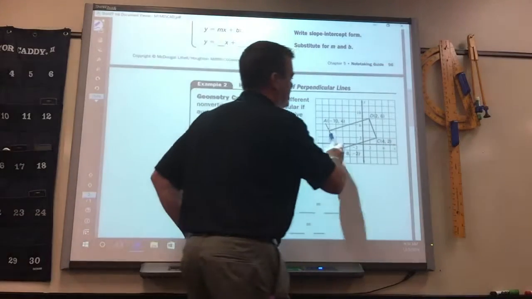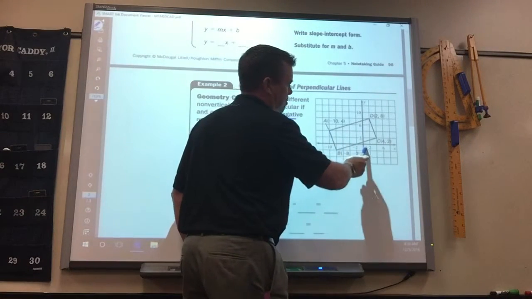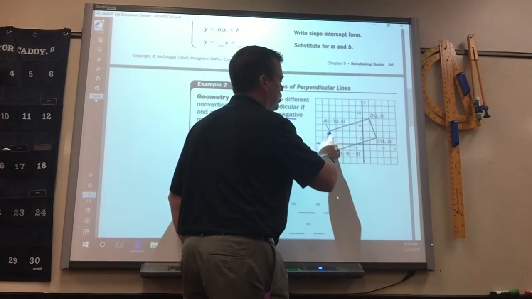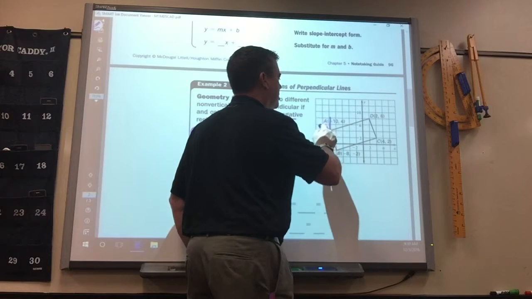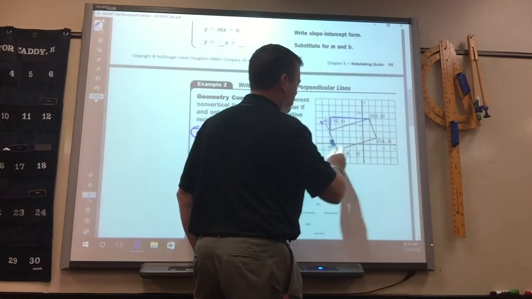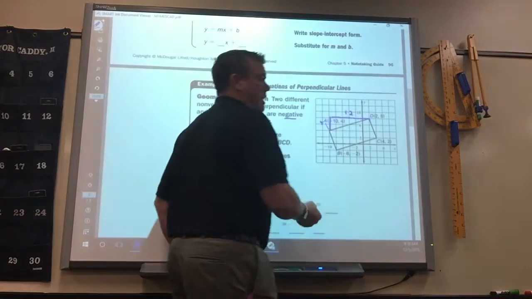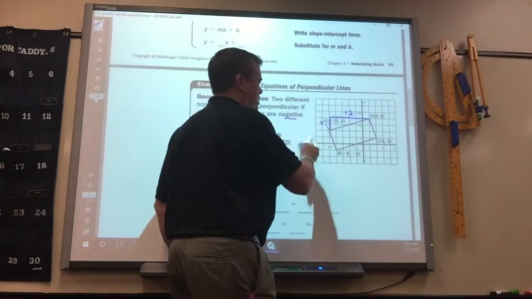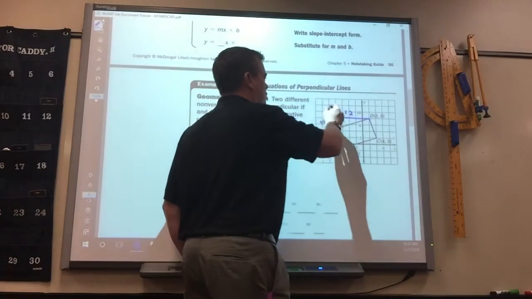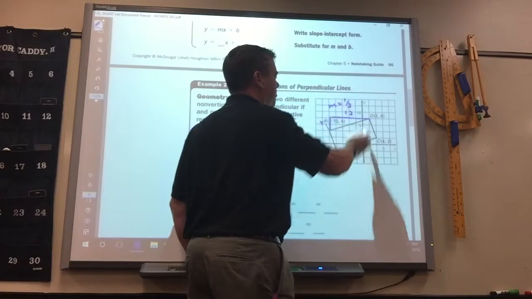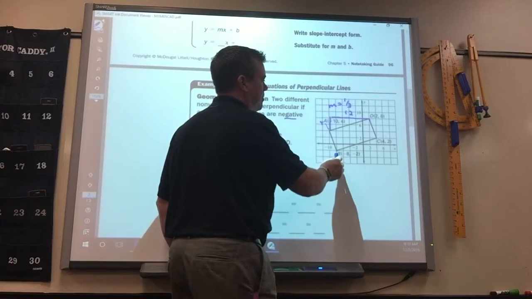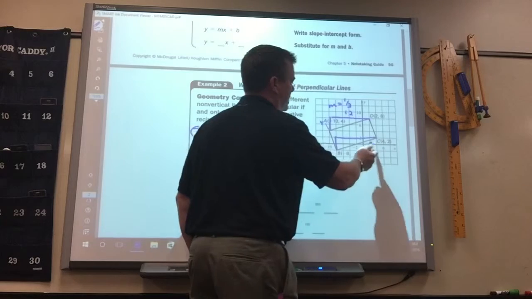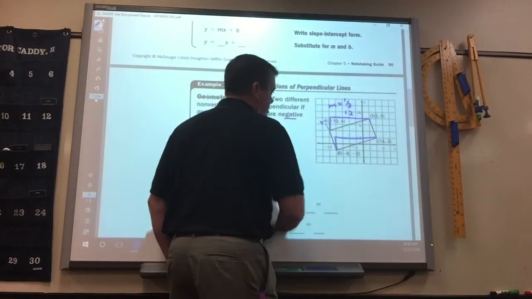So the slope of this line, these go by 2's now, so it goes up 4 and over 12, right? So that slope is 4/12, which would reduce to 1/3. This one should be the same, up 4 over 12, and it is. Which means